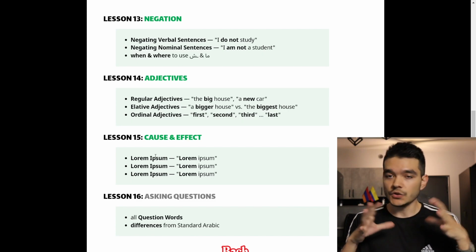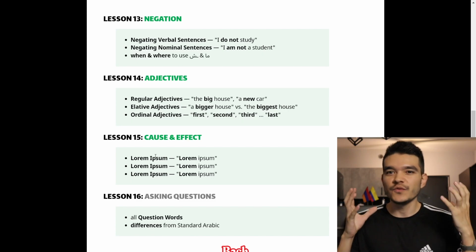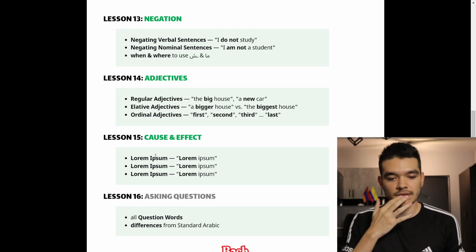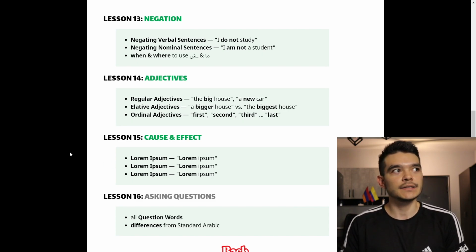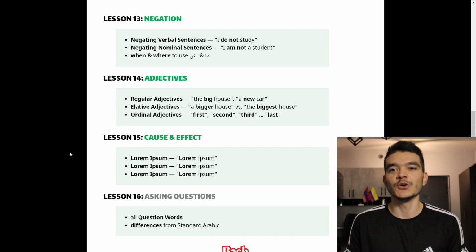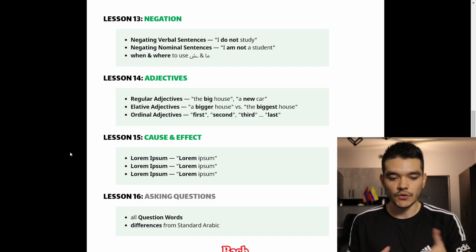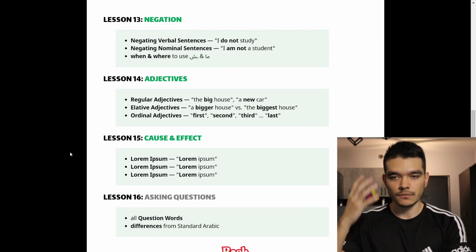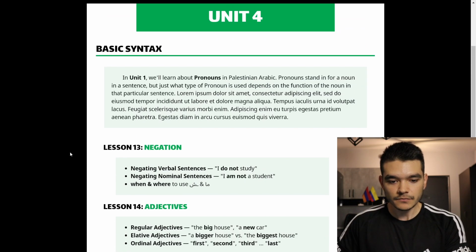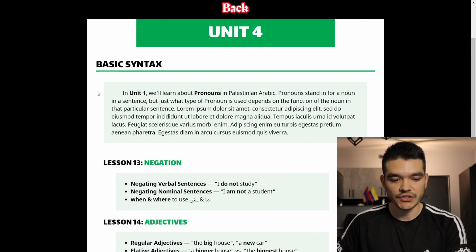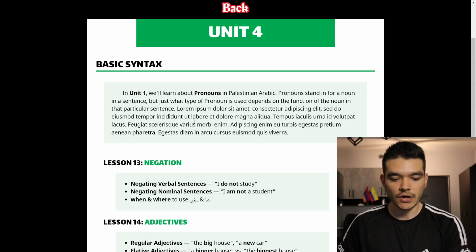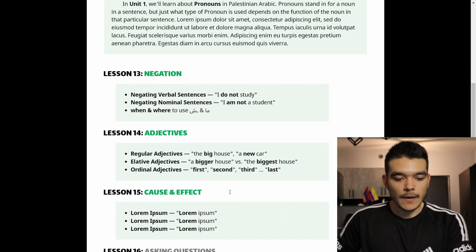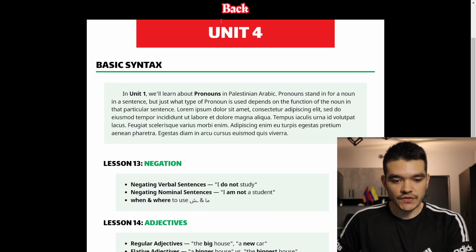Because this is syntax that you've got to know if you want to use this language. You can't just be making sentences like, I eat eggs. That's too basic, so you want to add this to your knowledge base, let's say. So in this initial section, there will be an overview of the topic and what's going on with it. Now you can see there's even more.